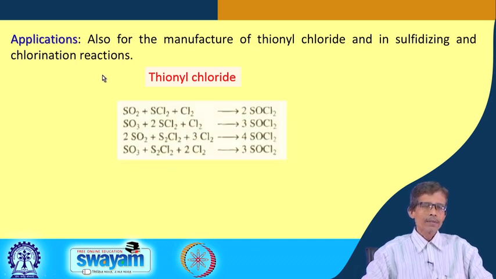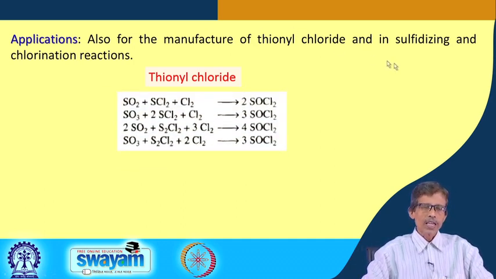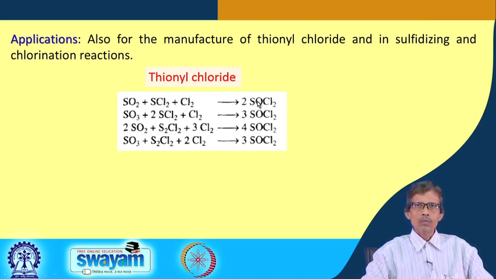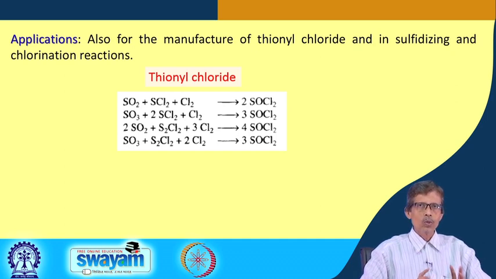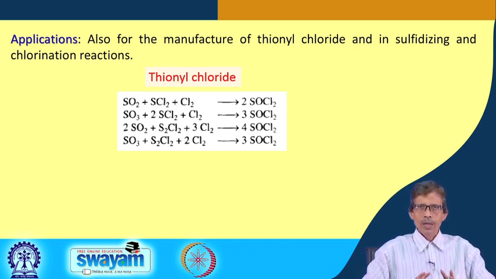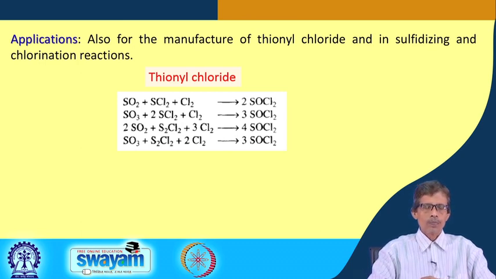That means you get a compound which is SOCl2. So, you have S2Cl2, SCl2, and now we get a compound which is SOCl2. So, what is this now? Molecular formula wise they are very similar. That means, instead of one sulfur in S2Cl2, we have one oxygen and one sulfur. But connectivity wise it is completely different. It is very much similar to your sulfur dichloride with an extra sulfur-oxygen bond.